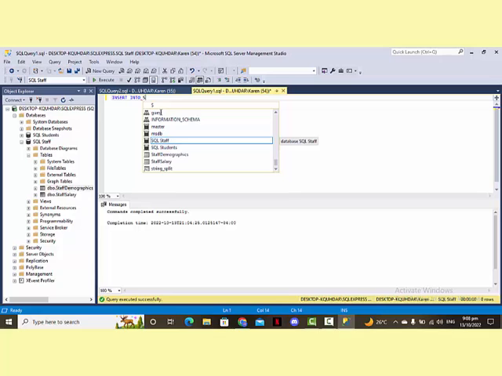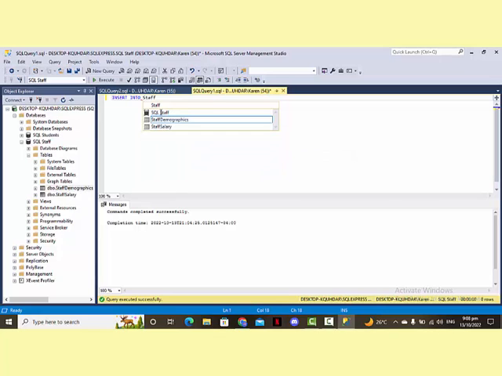So staff, and then type the values, actually capital, and then below I'm going to put